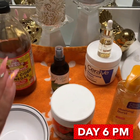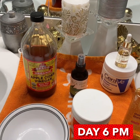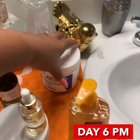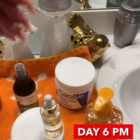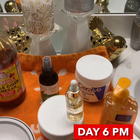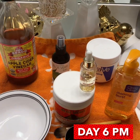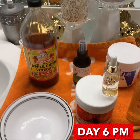After I put that on, I let that sit and dry, because the aloe vera gel is going to be wet. Once that dries, I put a little bit of this facial oil, the pure oil, and I mix it with a little bit of the regular moisturizer. The regular moisturizer is going to give it more of the substance feel. This is going to give it more of the oil feel. Yes, I look a hot mess when I'm headed to bed, because my face will end up being completely oily, because I have to put back in some good oil after I done stripped out everything with this clay